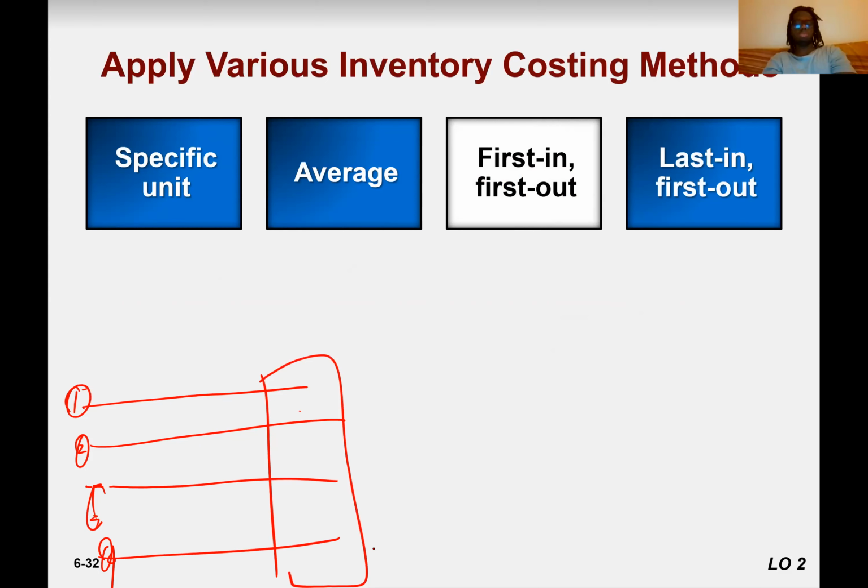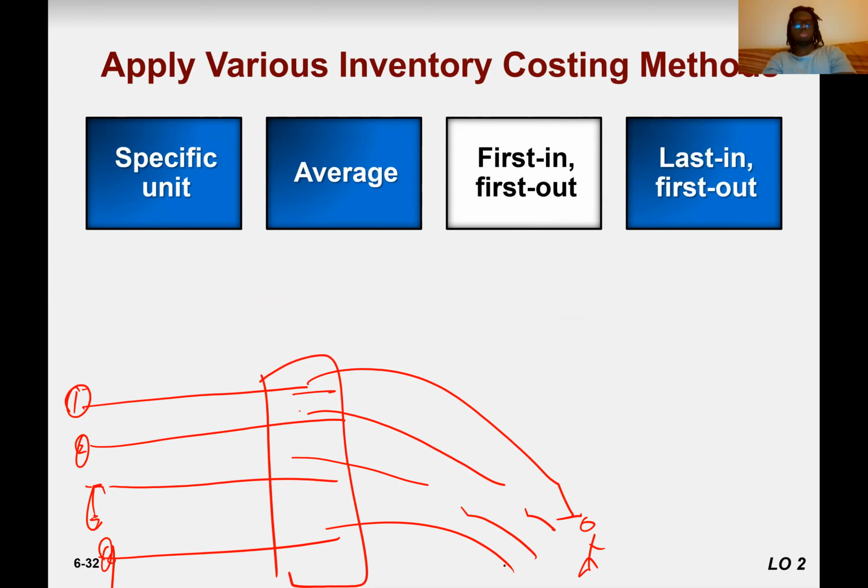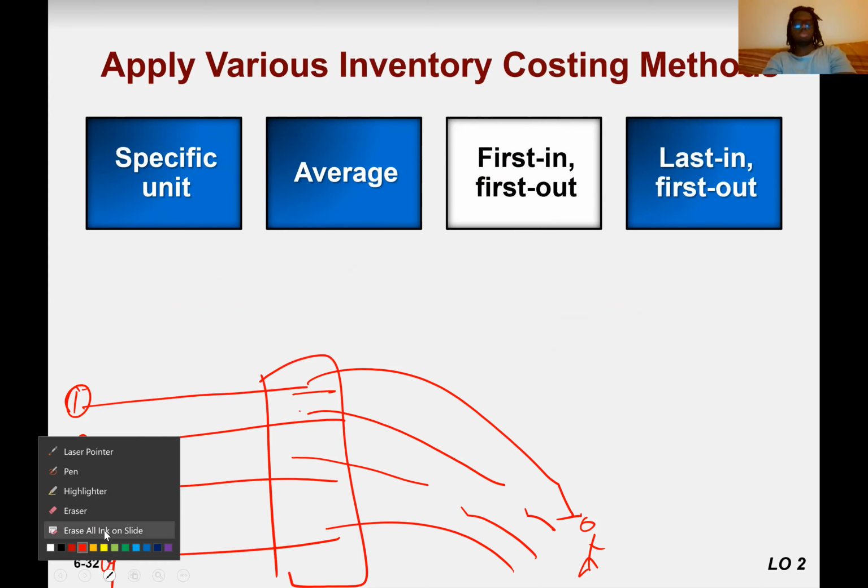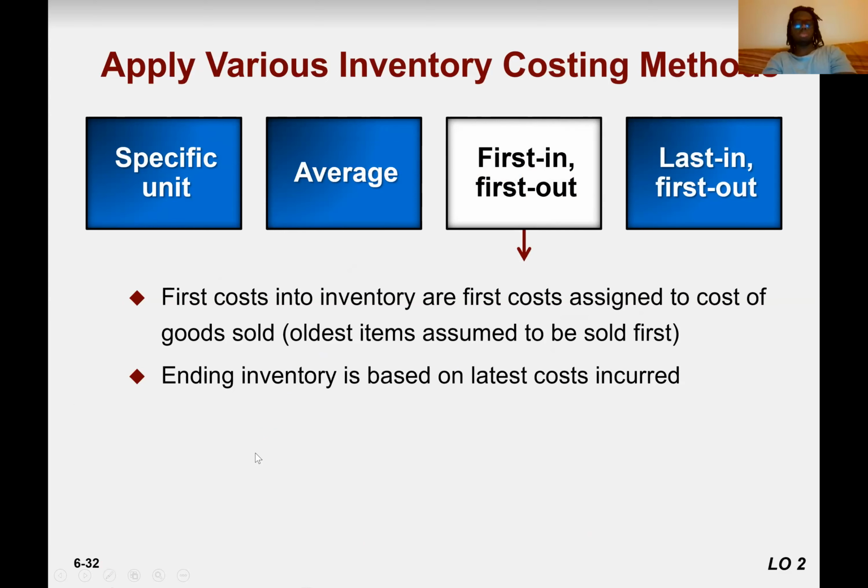The first in will be sold to the customer first, and then the next inventory, and then the next. So there is an order system. Let's just talk about this. The first cost into inventory are